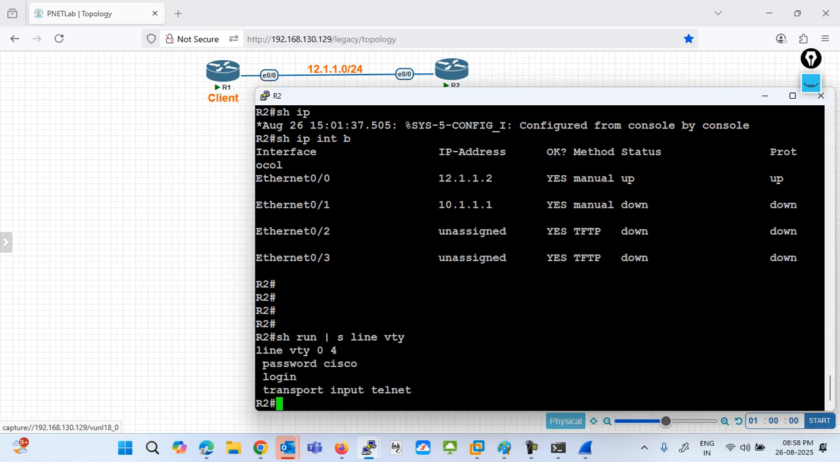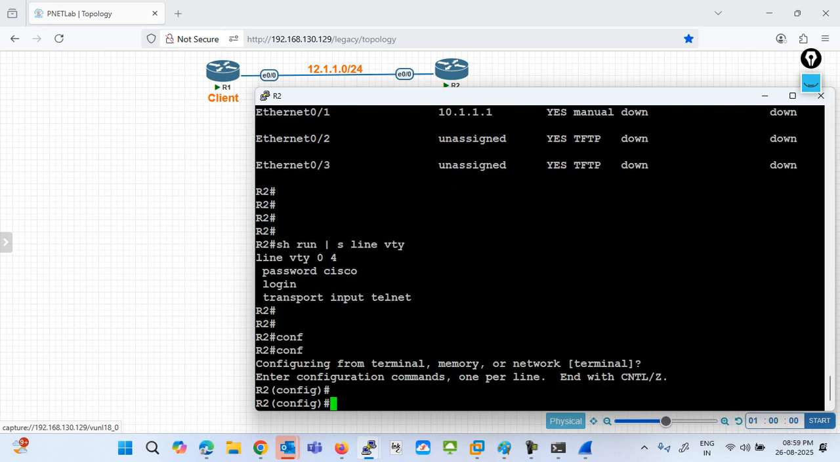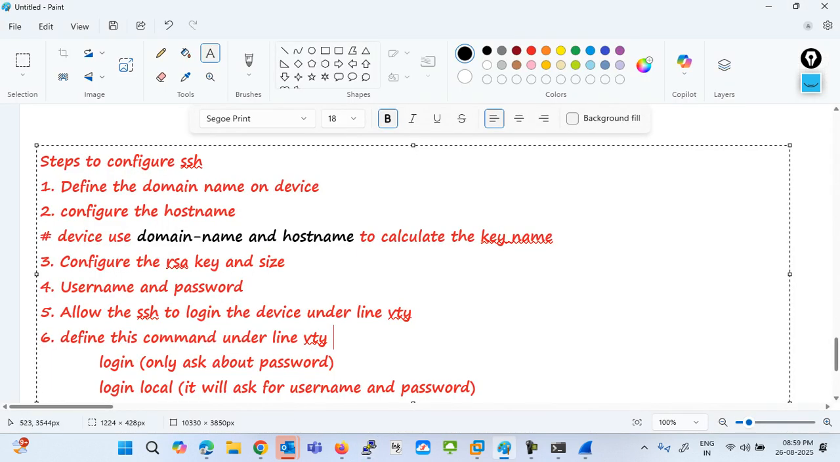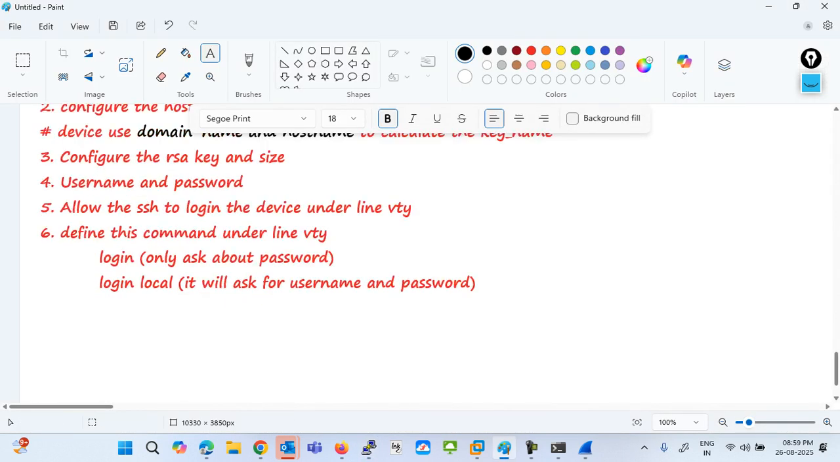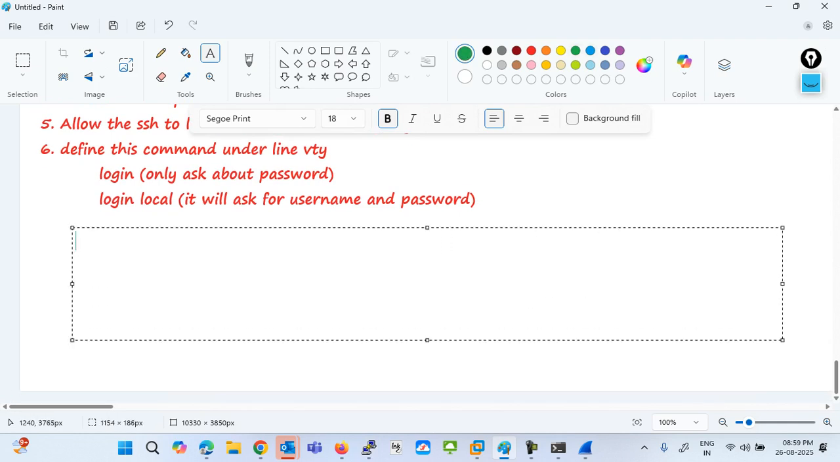The R2 router has a host name already, right? But the domain name is not configured. So this is the first command. Okay, these are the commands. Let me configure them here so you can remember. Every command is in global mode. IP domain name, like we are giving cisco.com. And we have to define the host name also, which is already configured. Host name is R2, and after that the command is